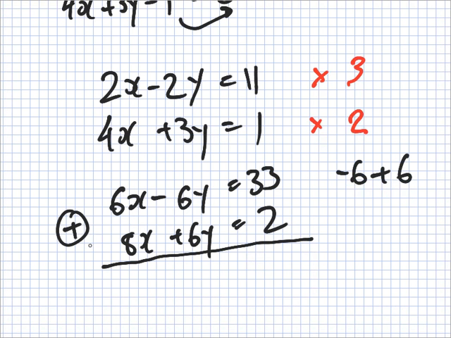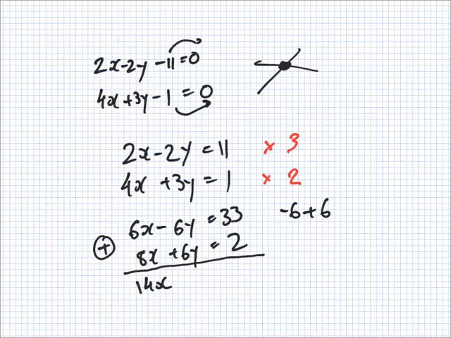So 6 plus 8 is 14. And minus 6 and plus 6 is gone. And 33 and 2, 35. Now,